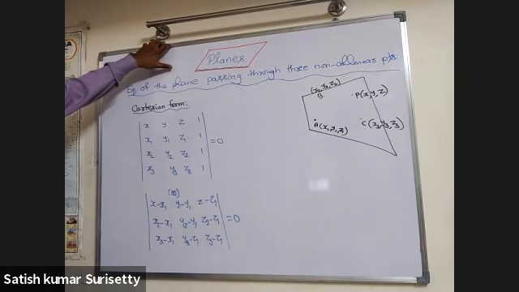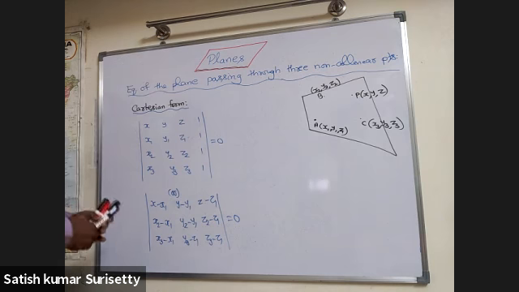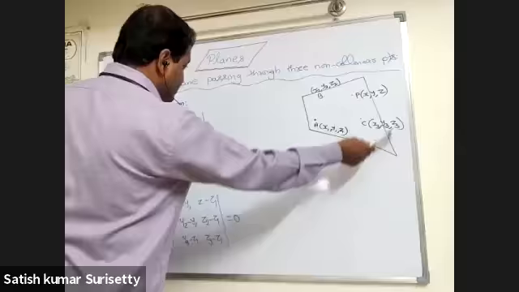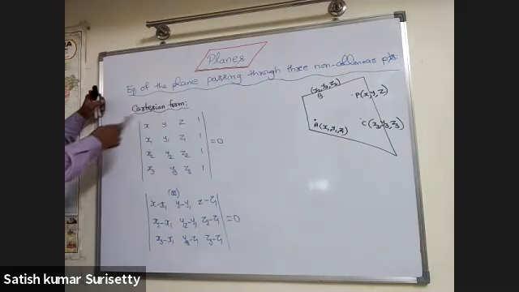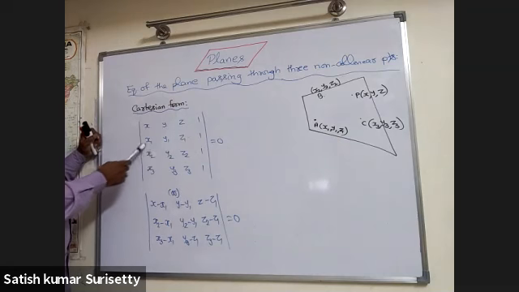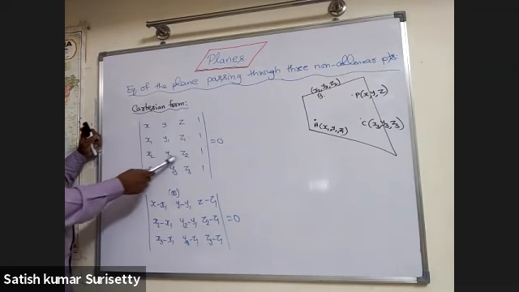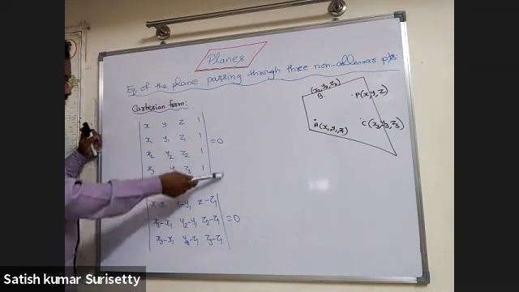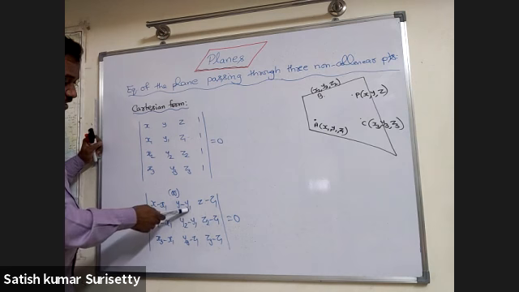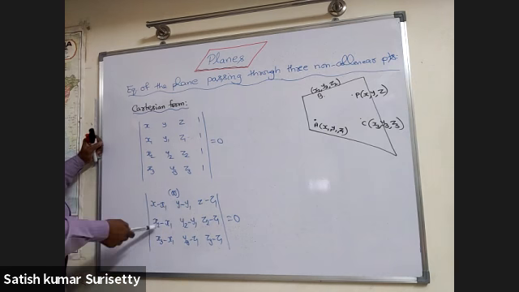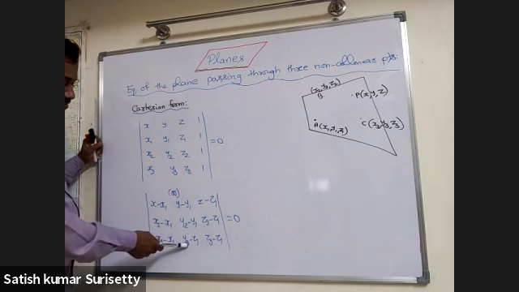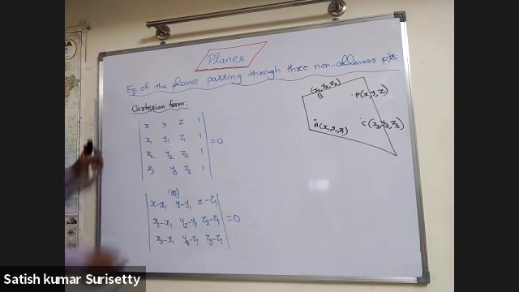Equation of the plane passing through three non-collinear points A(x1, y1, z1), B(x2, y2, z2), C(x3, y3, z3) in Cartesian form is a 4 by 4 determinant equal to 0. That is, rows: x y z 1; x1 y1 z1 1; x2 y2 z2 1; x3 y3 z3 1, equal to 0. Or in 3 by 3 determinant form: rows: x minus x1, y minus y1, z minus z1; x2 minus x1, y2 minus y1, z2 minus z1; x3 minus x1, y3 minus y1, z3 minus z1, equal to 0.